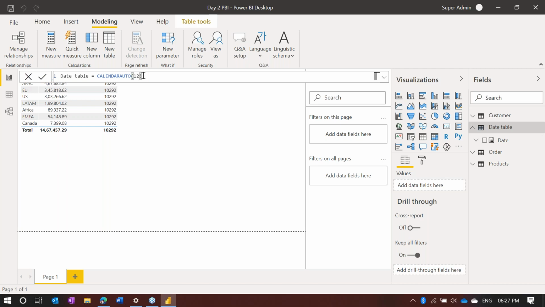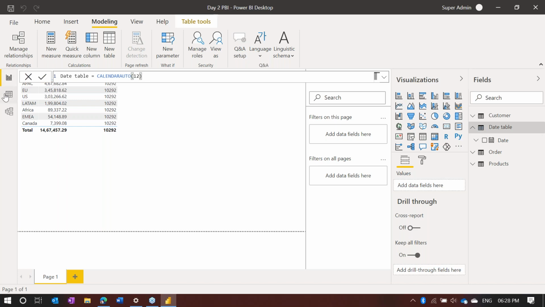So it includes the complete date range. Let's see an example. So what did I do, friends? In order to create a table, I went to the modeling tab, and there is an option, new table. I selected new table and I wrote this date table function and I pressed enter. Okay, so now I have created the date table here,